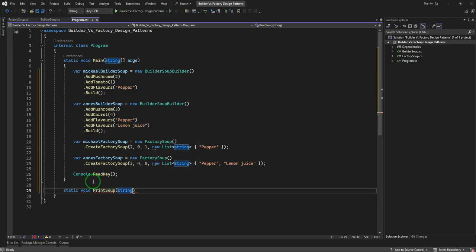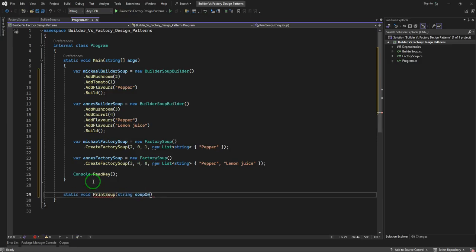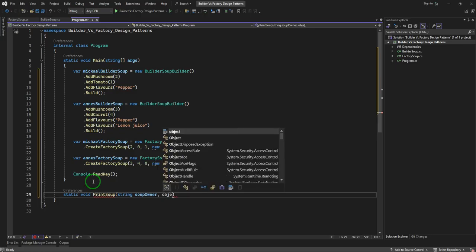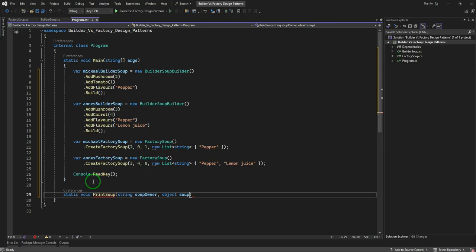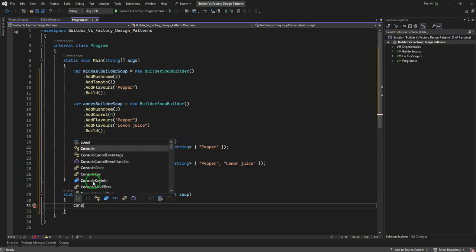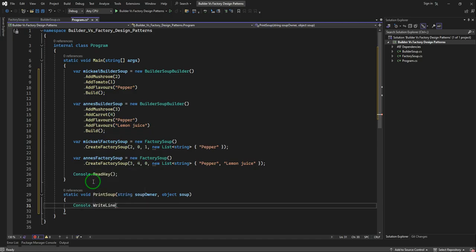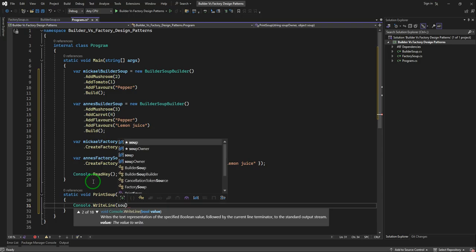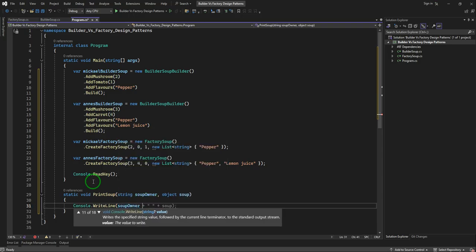We will get the string of soup owner, and then an object as the soup, and then we would have a write line, well, just like soup we will have the soup owner as the first, and then this soup owner, for example, Annie's soup,